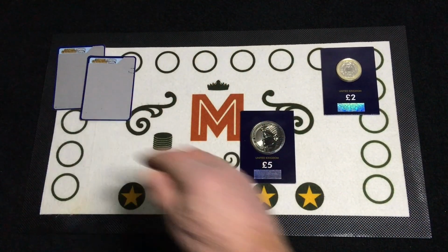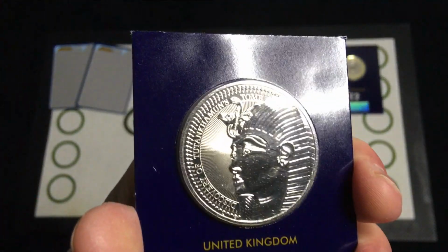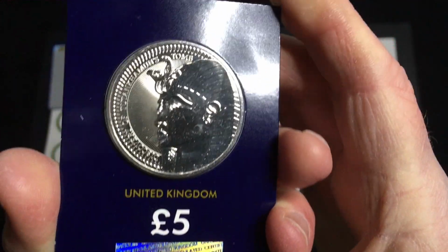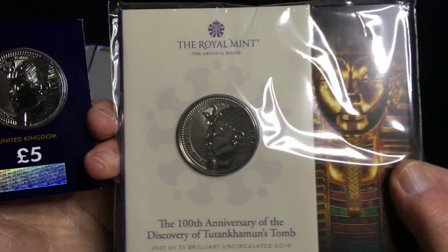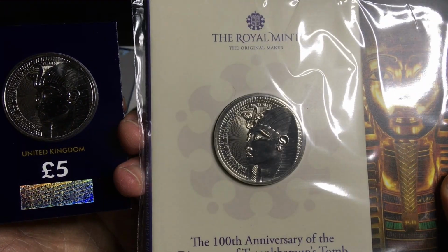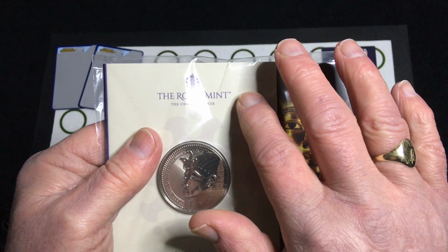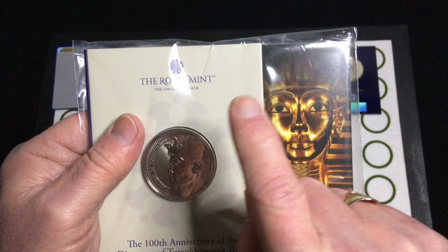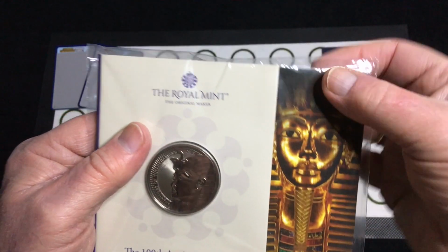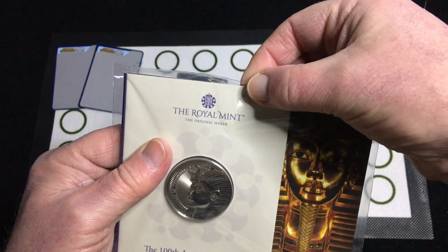Again, we've got another Change Checker card, so we'll come back to that in due course. Now, most of you will have seen on my Royal Mint vlog that I did actually buy the Tutankhamun BU pack as well. Now, I've never ever opened this, but all of them that I got, there was 3, I think I got the 4 Nations crown and the, what was the other one? The snowman. All of them had these little plastic tags on the top that were used to hang